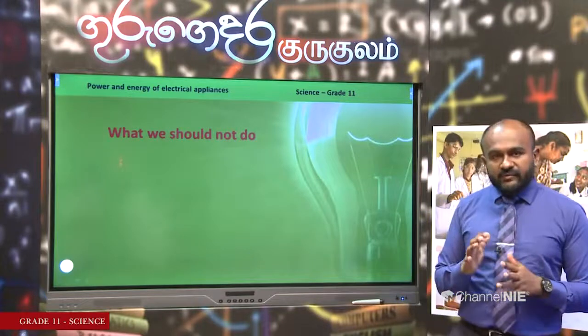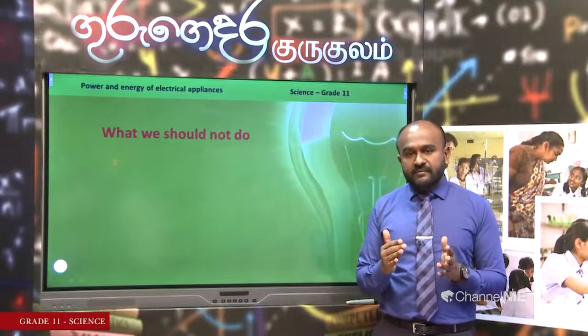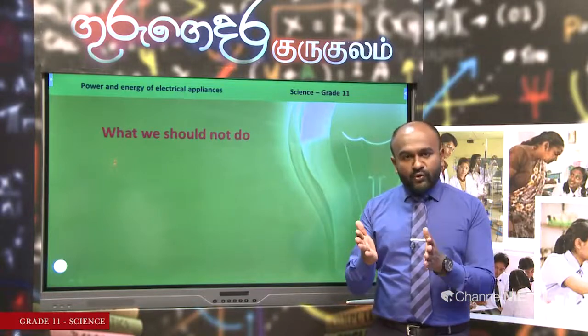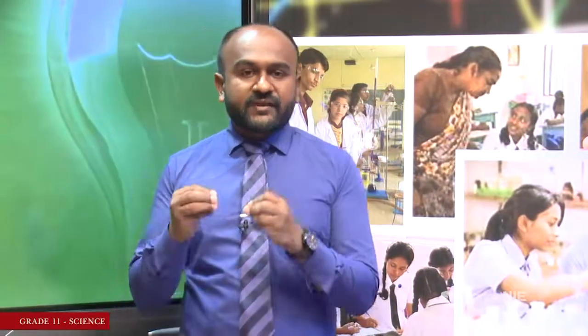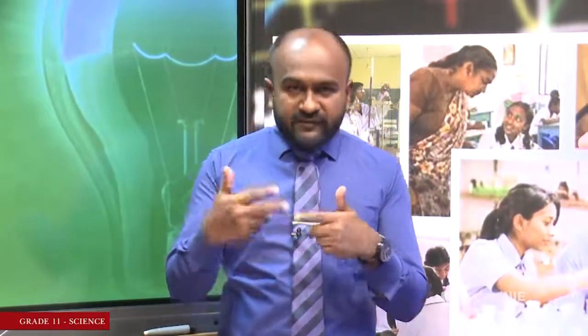Okay. So, there we talked about things that we should do to protect from electrical hazards. Due to some problems, some hazards can happen, then we should know the things that we should do to protect from them. Now, we are going to talk about the things that we should not do to protect from this type of electrical hazards. Just think of things that you should not do before I show you them on the screen. Can you think of different things that you should not do when using electricity? Okay, let us see whether these are the things that you thought.